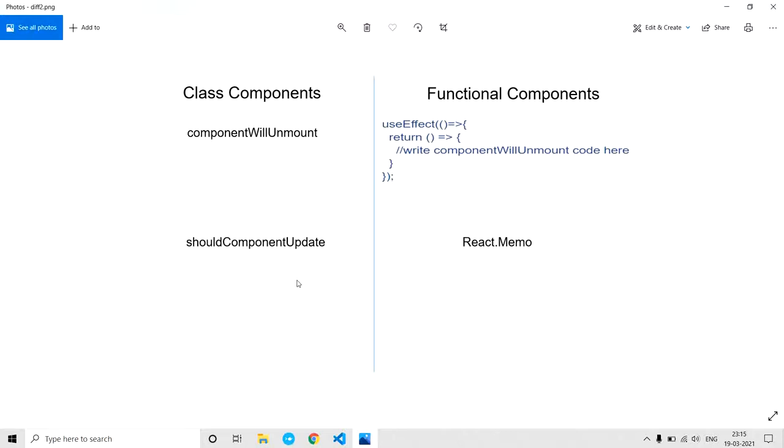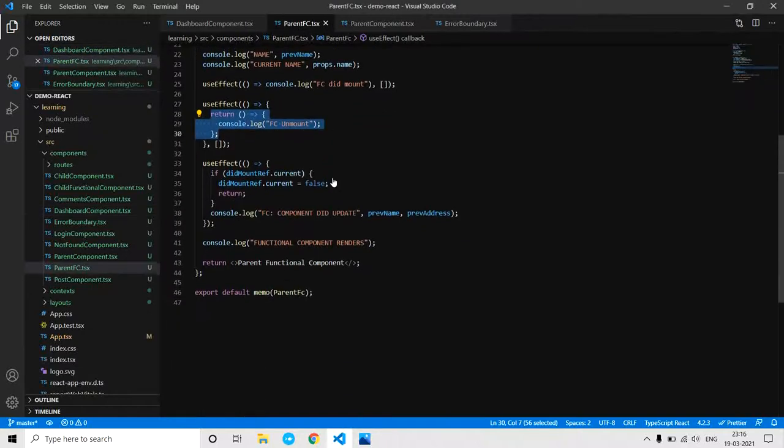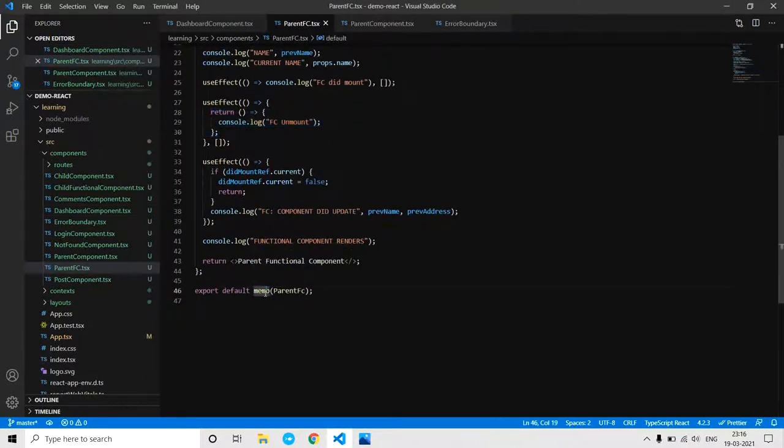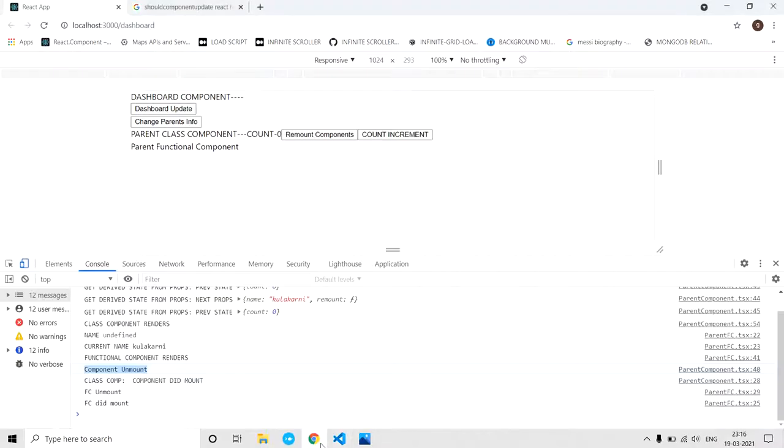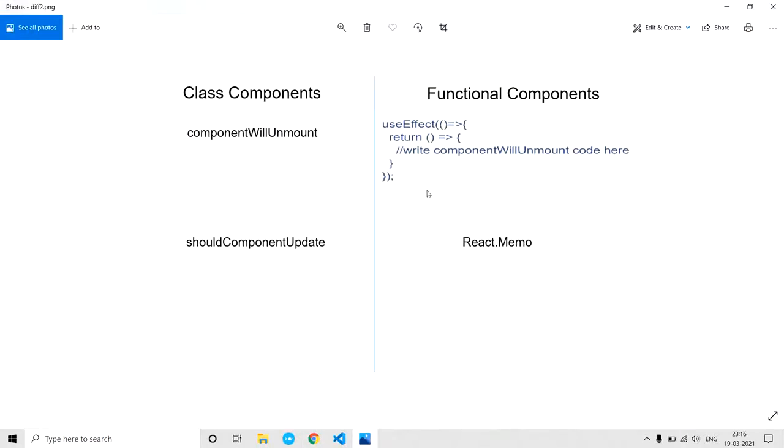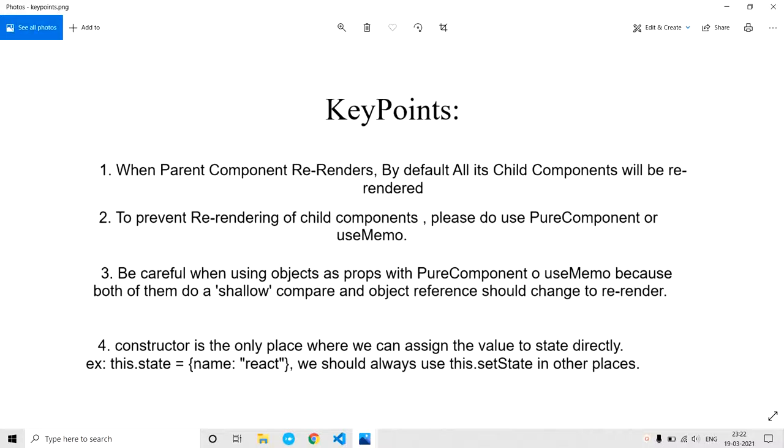In a functional component, we just use memo, which tries to prevent re-rendering if the prop values do not change. Okay, that's it. Now we went through the differences between class component lifecycle methods and functional component lifecycle methods, and some general differences.